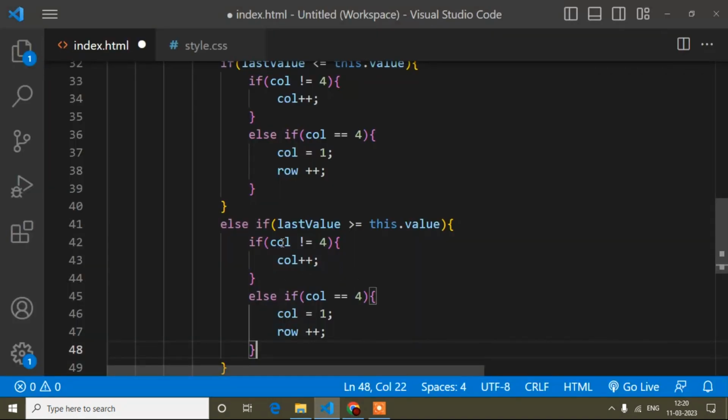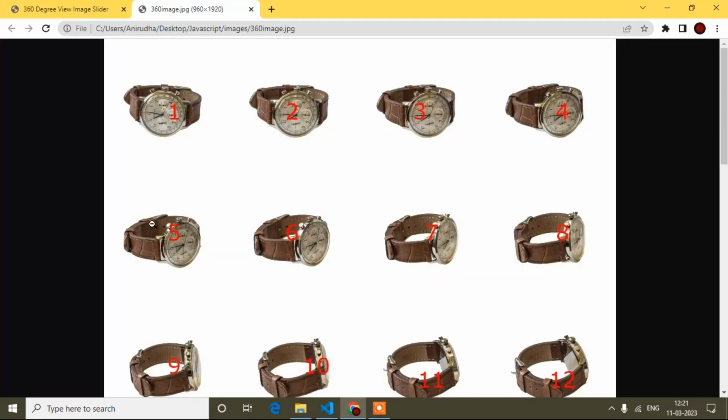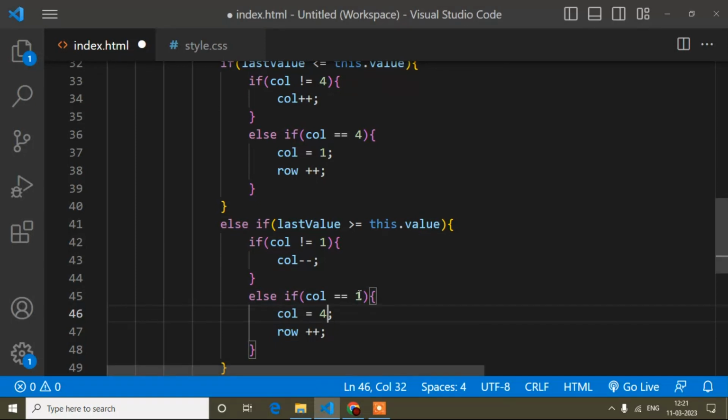So here col until not 1, it will minus minus, and if it is 1, then col will be 4 again, because 4, 3, 2, 1, then col will come here, meaning 4 again, 3, 2, 1. So if it reaches 1, then col will be 4 and row will also minus 1.